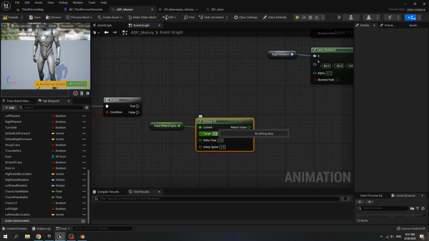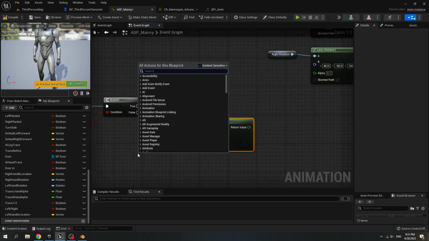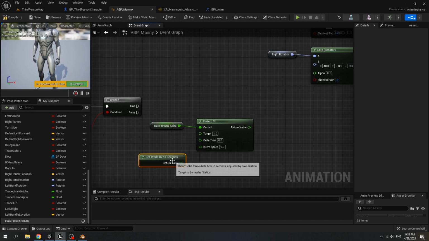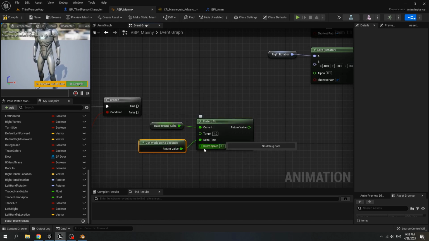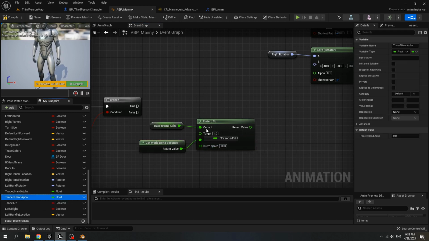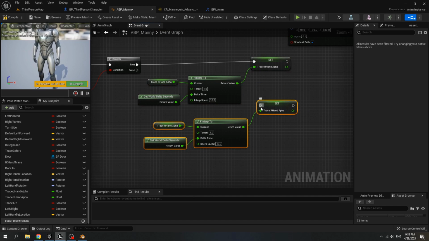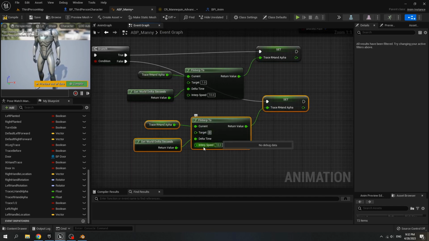The target is 1 and get var delta second, connect it to delta time, and for the interp speed is 10. Set it to trace R hand alpha. If it's true, copy this, paste it, and connect it to false. If it's false, the target is 0.